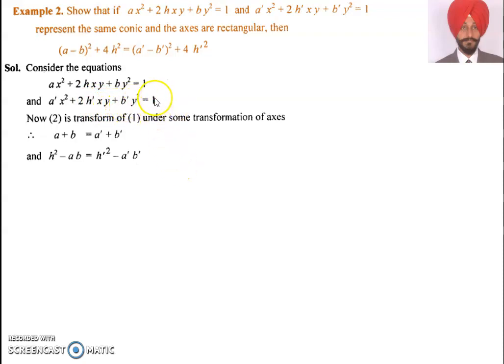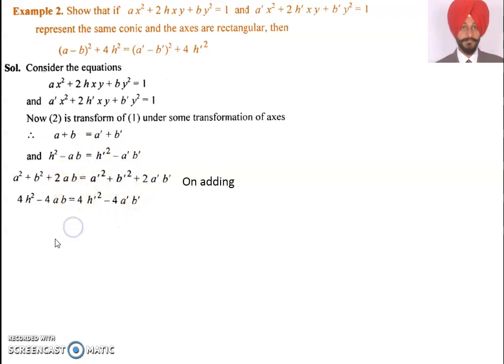Now 2 is a transform of 1 under some transformation of axes. Okay. Then trace of the first is a plus b, trace of the second is a dash plus b dash, and delta of the first is h square minus ab, and delta of the second is h dash square minus a dash b dash. So what we want to show? We show that these two equations are the same. So I square the first one, a square plus b square plus 2ab, and this side also a dash square plus b dash square plus 2a dash b dash, and the second one multiply with 4,